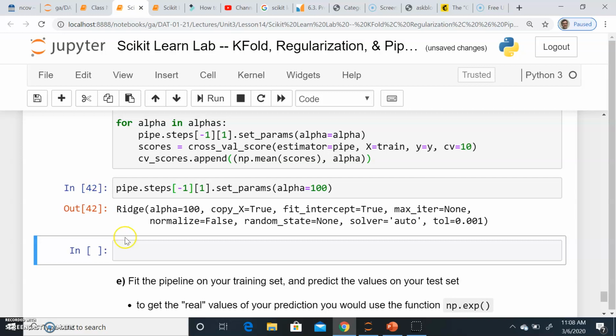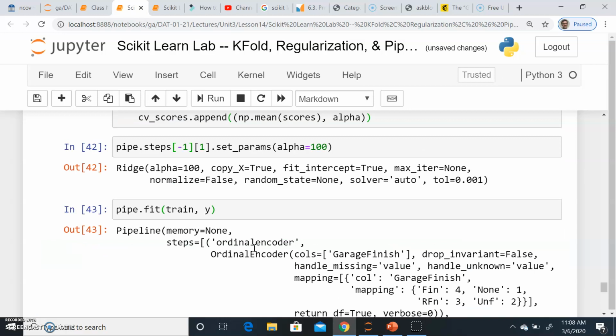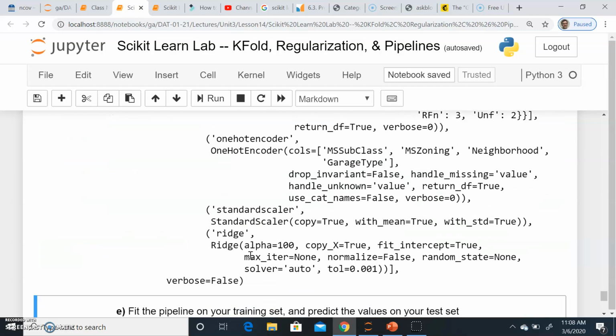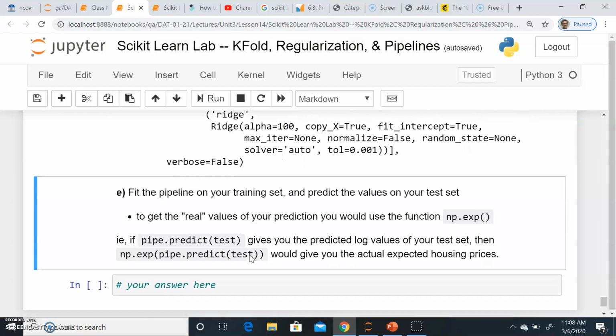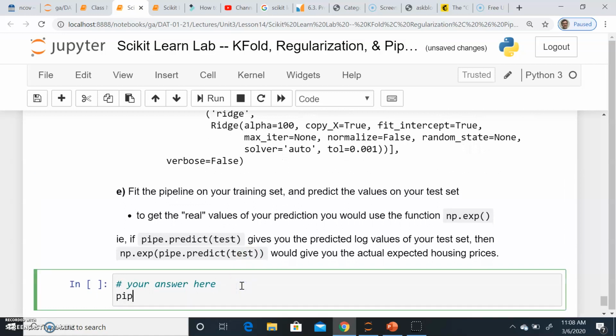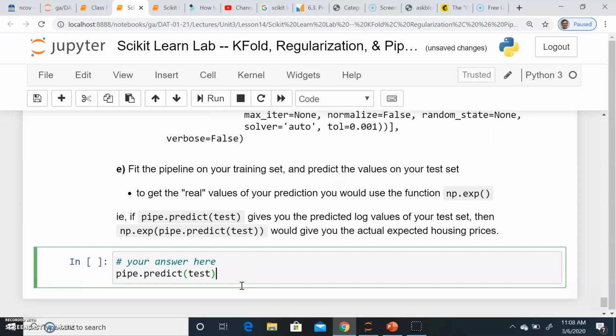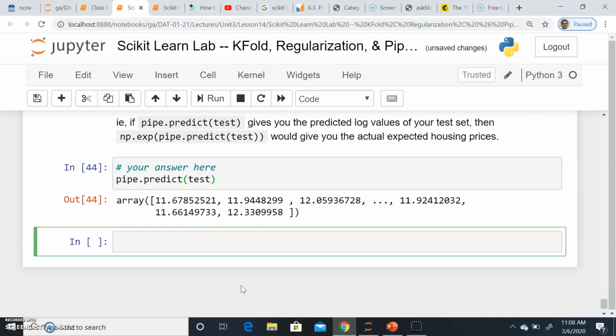So that was cross-validation. That's the cross-validated version of alpha that's going to be ideal. And then we could fit our pipeline on the training set, and then same thing, if we wanted to, make a prediction on the test set with all of our encapsulated pre-processing steps. And that's